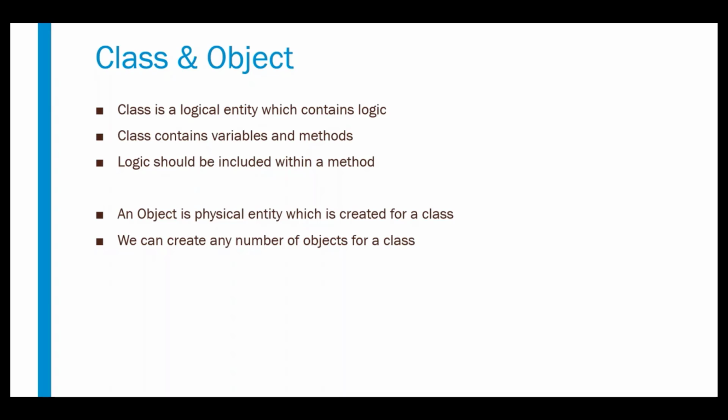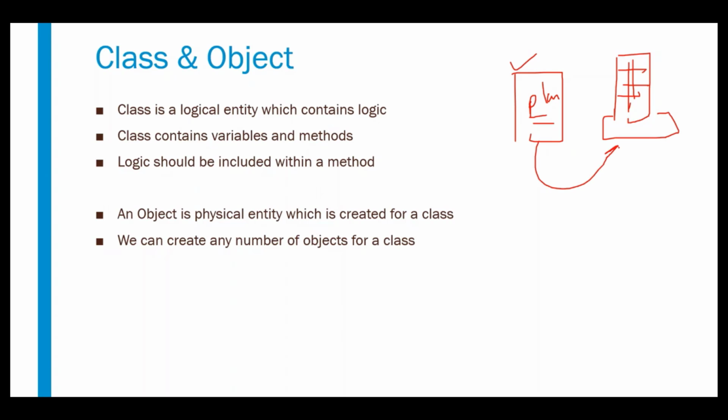So for example, what is a blueprint here? Suppose you want to construct a house, we will have some blueprint, right? This is some plan, and it will not occupy any memory location. This is just like a structure. By using this, we can construct the building. So based upon the plan, if I construct the building, this is a physical entity and it will occupy a certain amount of space. Similarly, a class is a blueprint. That means it contains some logic, methods and everything, but it doesn't occupy any memory space. And once we create an object for that particular class, then it will occupy the memory.